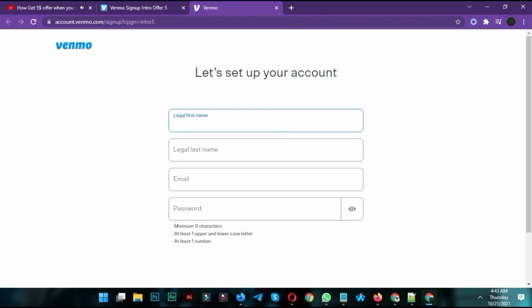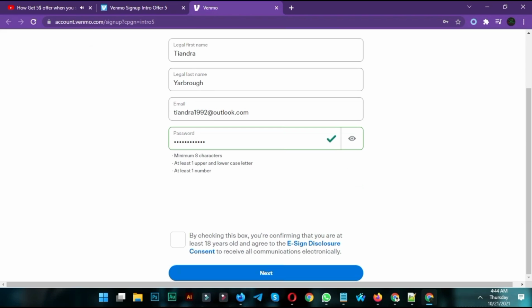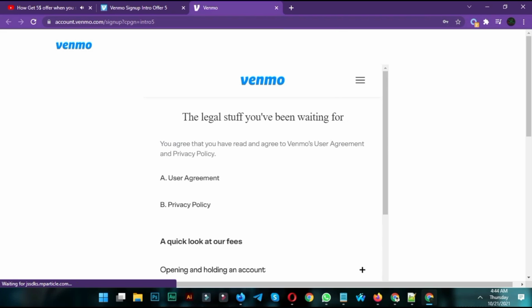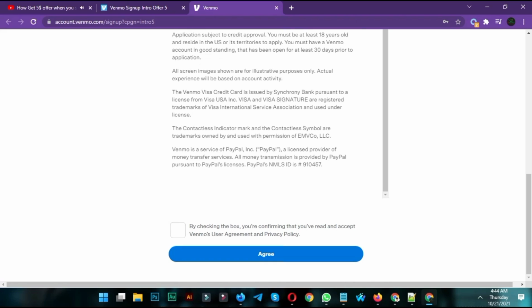OTP verification has to be done with this mobile number. Then you have to give your first name, your last name, email account, and your password.